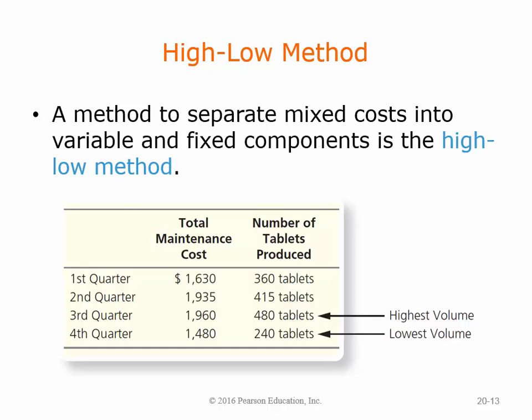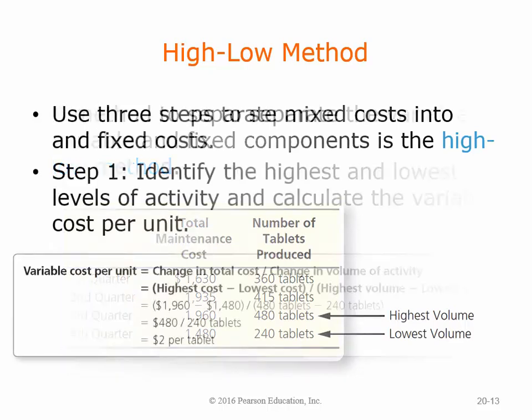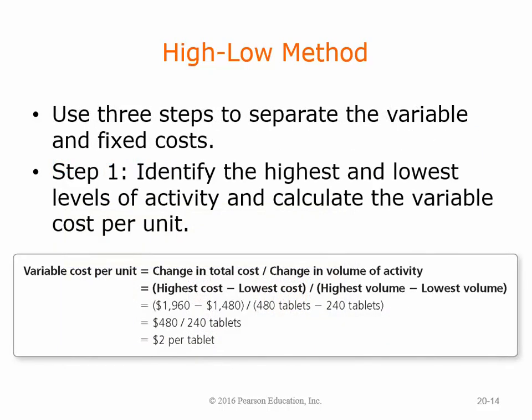If we plot out our total cost and our total volume, then we pick out the highest volume and the lowest volume. This is how we figure out, when we have a cost we suspect is mixed in nature, what part of it is fixed and what part of it is variable. So we plot out our information, we take our highest and lowest volume, and then they give you 3 steps. Identify the highest and lowest levels of activity,